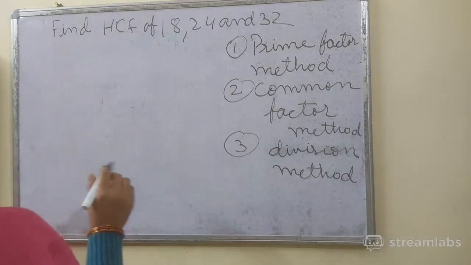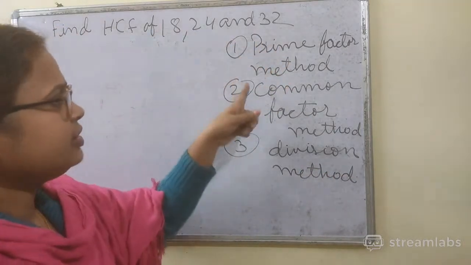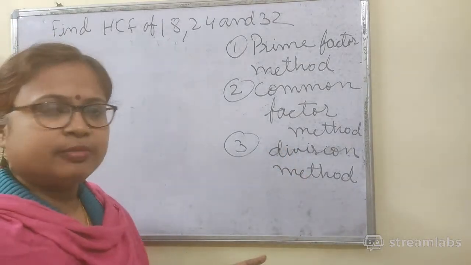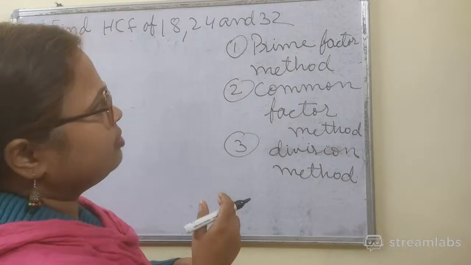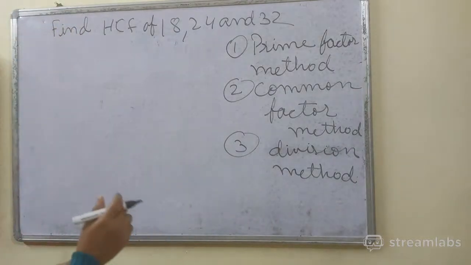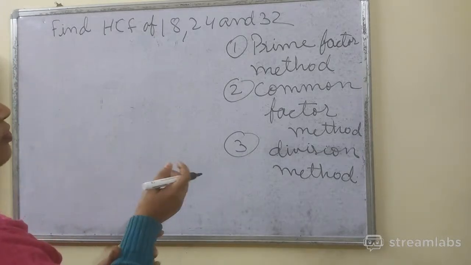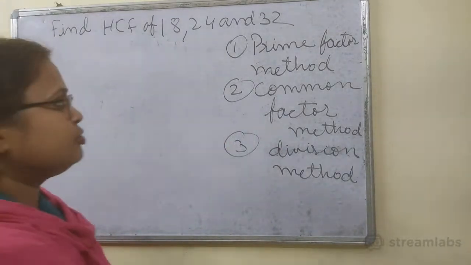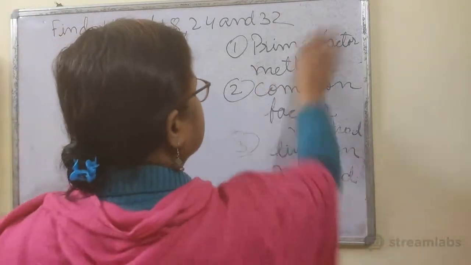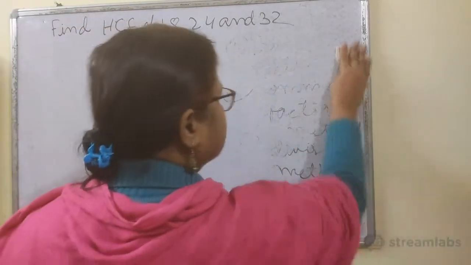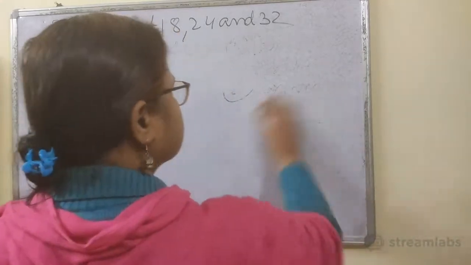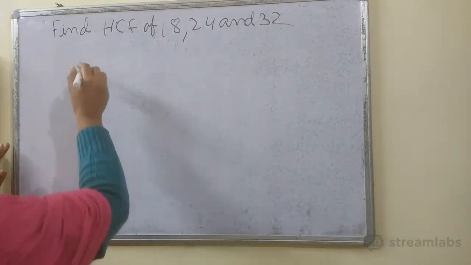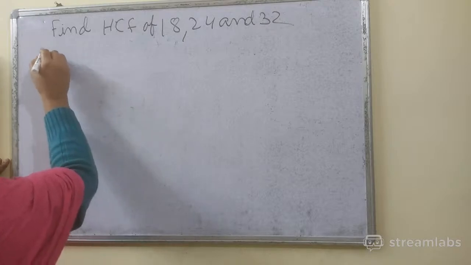So these are three methods: prime factor method, common factor method and division method to find the HCF of any numbers. So first let's discuss the prime factor method. First we'll find out all the prime numbers of 18, 24 and 32. First method that I'm going to discuss is